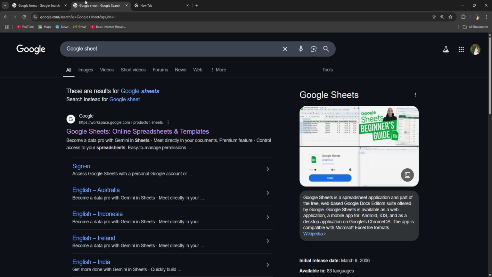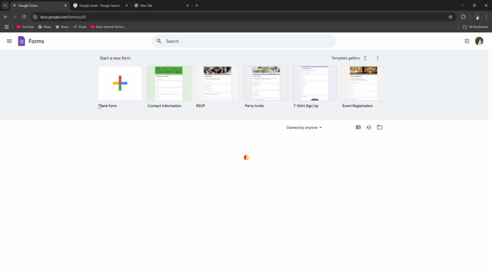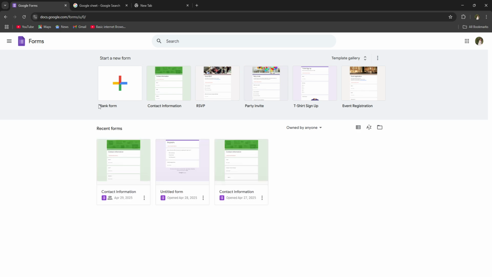Now let's get started. First of all, you have to open Google Forms on your PC, or if you're on phone then you can just download the official app. Now tap onto Google Forms and log into it. Now as you can see, you can either choose a template,